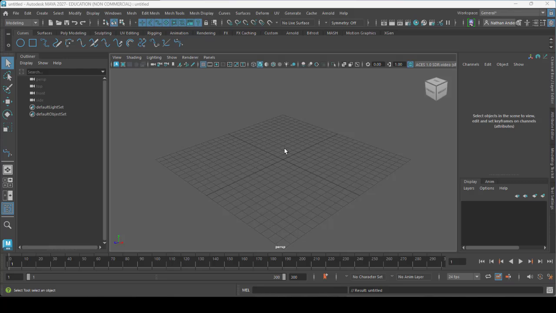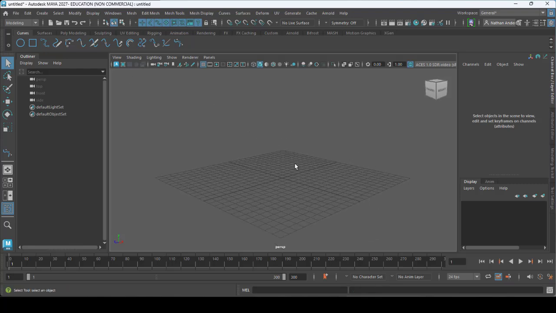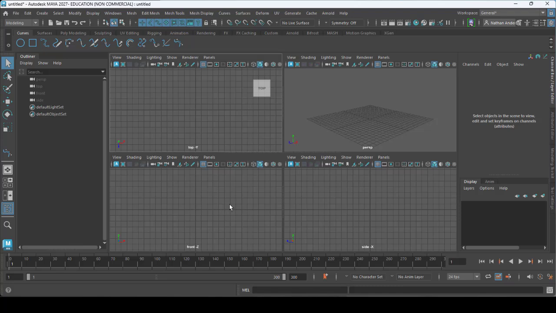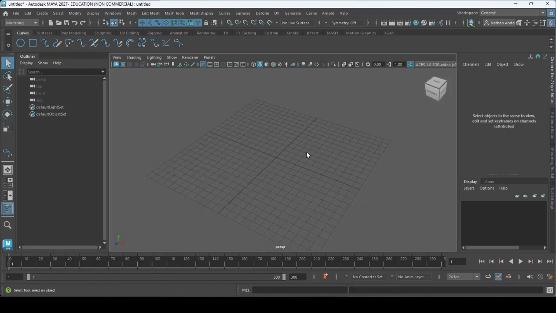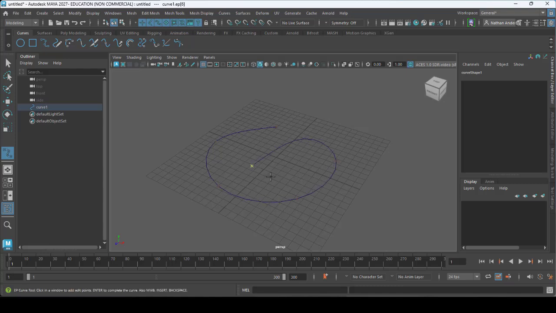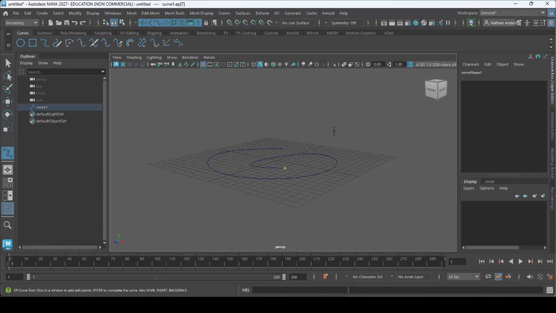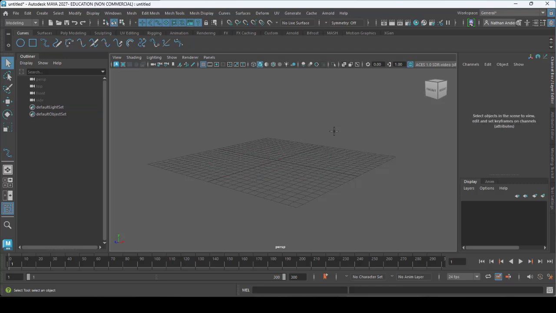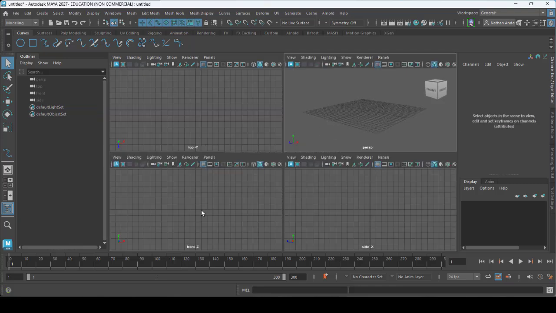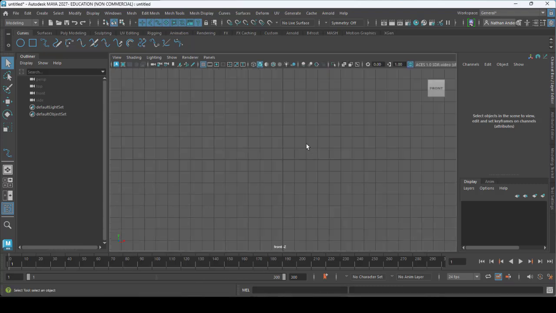Okay, so the first thing you're going to want to do is activate the Curves tab on your toolbar in Maya. And then you're going to want to press spacebar and pick either a front or side view to create your curve. This is because the curve tends to snap to the grid, and if we make it in perspective view, it'll snap to that floor space, and that's not what we want. So I'm going to press spacebar. I'm going to select the front view, press spacebar again.